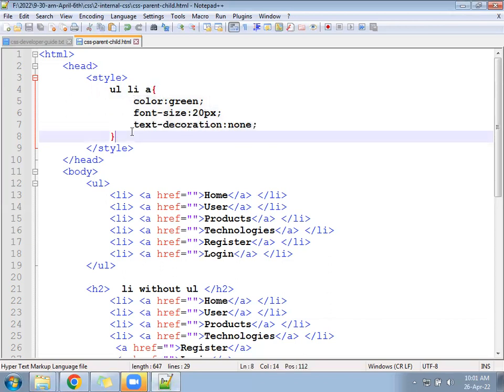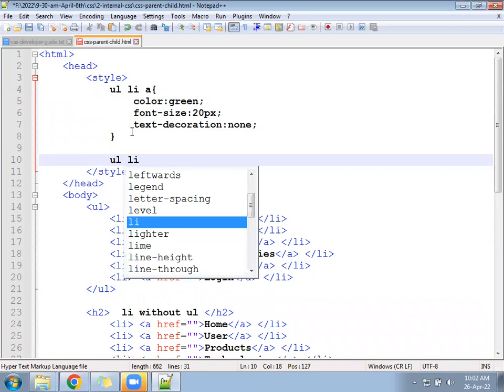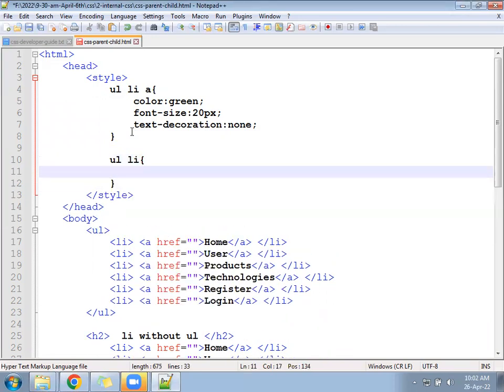Next come down. So how to write the CSS? Parent child: first main tag, then second tag, then third tag, then last tag. It can be n number of levels. Let me come down now. UL and LI. So which LI? Not all LI. Only those LI that are available under the UL. So UL becomes the parent and LI becomes the child. Okay. Inside that, you are going to write